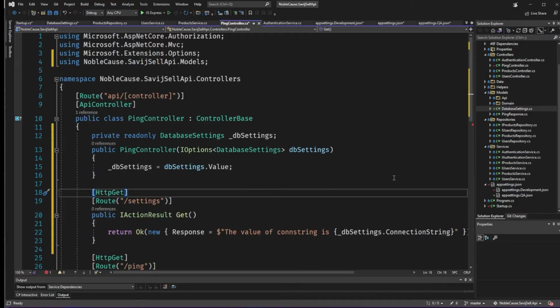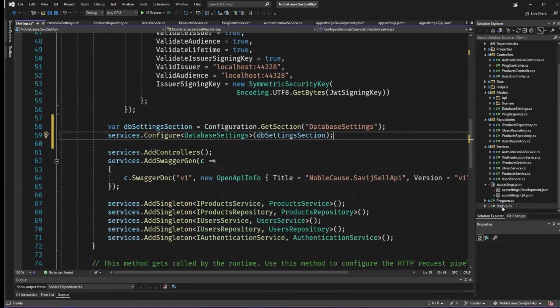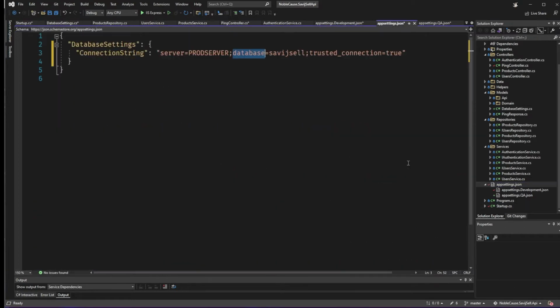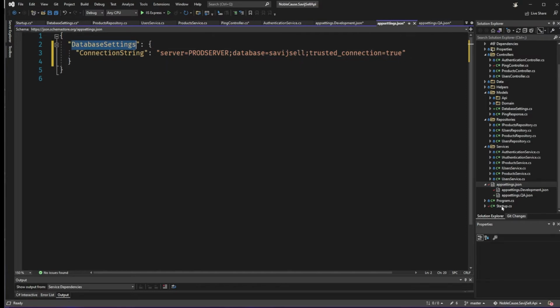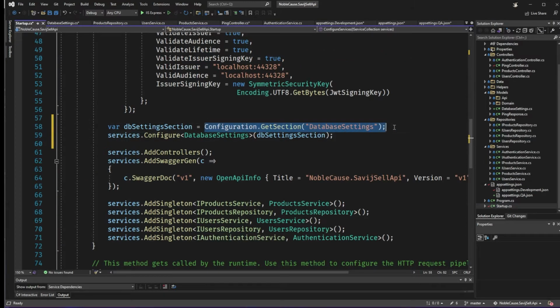Right, so let's go through that one more time from beginning to end just to make sure. I set up in my appsettings.json a database settings section with a connection string, one for prod, one for development, and one for QA. I'm going to read in the database settings in my startup. I tell configuration, get me the database settings section for the correct environment. It's going to know which one of these to get, and I'll show you how to switch those. But grab the section for the correct environment that we're in, and then populate a database settings object based on those